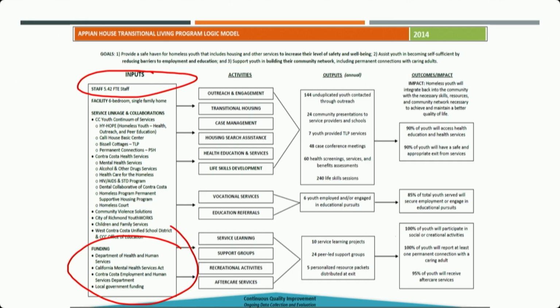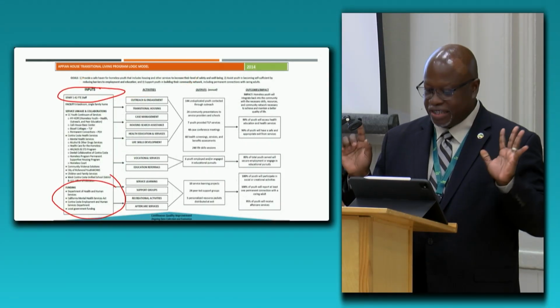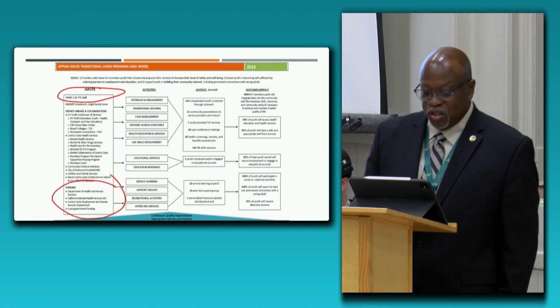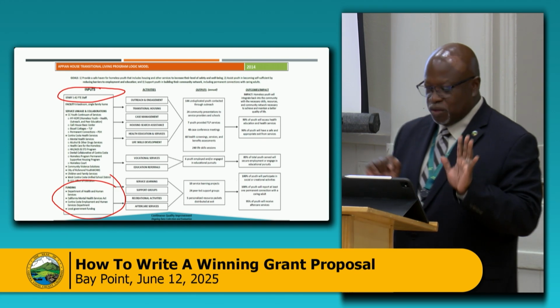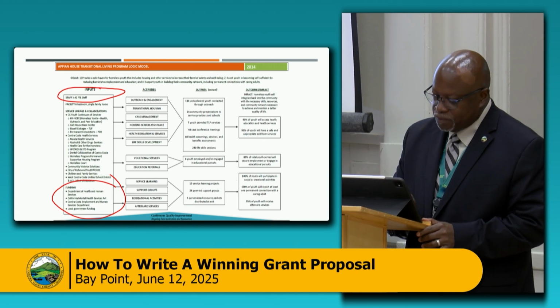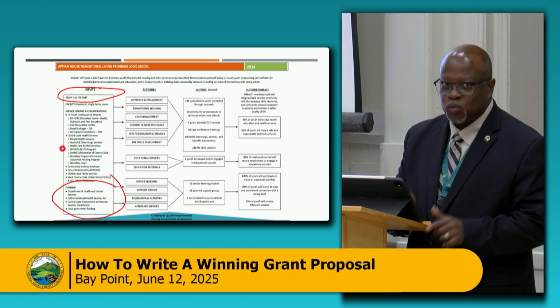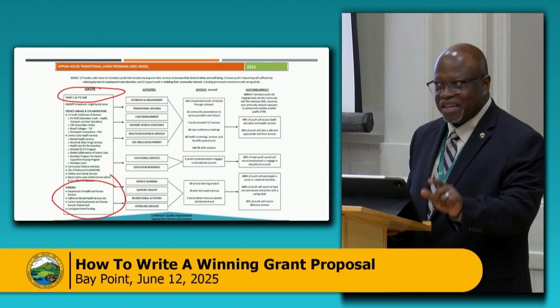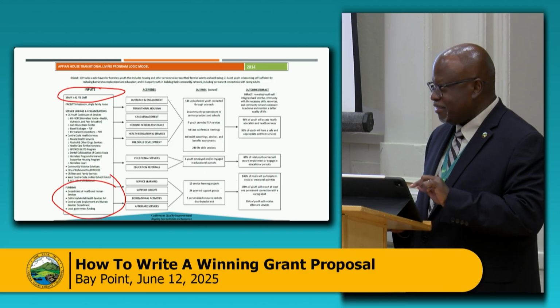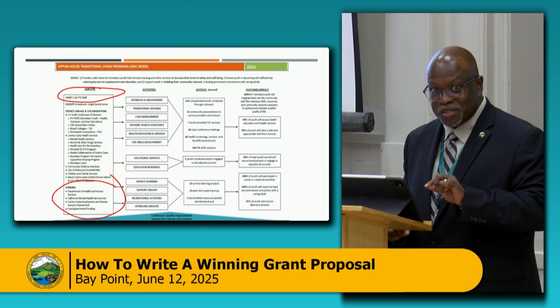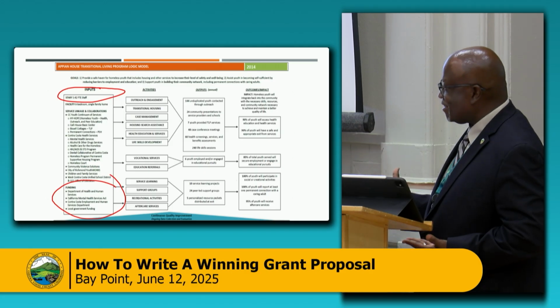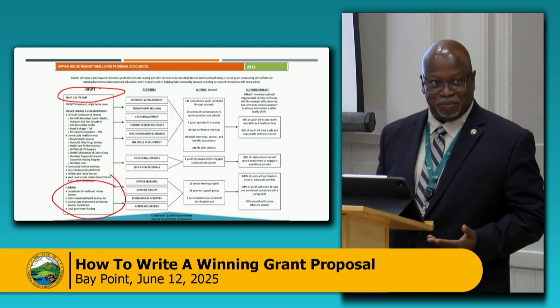Now here's the interesting thing. I can look at this logic model and tell almost everything I need to know about this program. This single sheet can tell me almost everything I need to know. Notice, by the way, that I know it's very small. Right about here, they have Contra Costa Health Services, mental health services. What they've done is partnered with the county health services to provide these services. But they initiated it with the county, so they list it as well as an input. List your partnerships in the input as well.